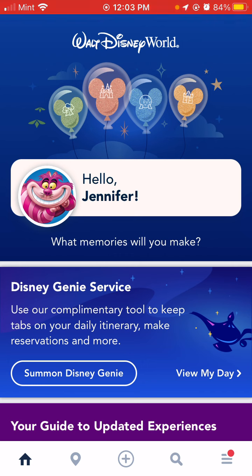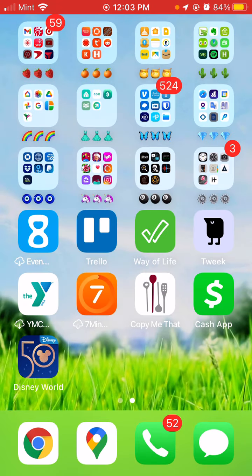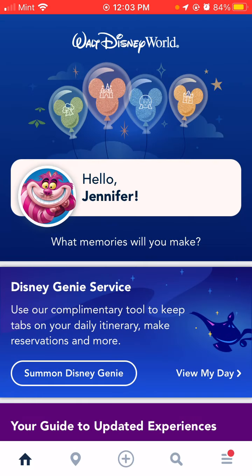So if you are new to Disney, the first thing you're going to want to do is download My Disney Experience, which looks like this, with the big 50 for the 50th anniversary, and create an account. That's something everyone on the trip can do, whether they're an adult or a minor. Basically, all you have to do is put in an email and a password, and you'll have a My Disney Experience